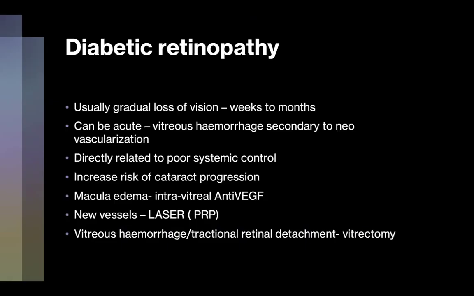If you follow up that patient, just make sure that he's systemically optimized. If he's a young patient, we need to investigate further for rare diseases like hypercoagulable diseases. Okay. And diabetic retinopathy is usually a gradual loss of vision, but can be acute if the patient develops